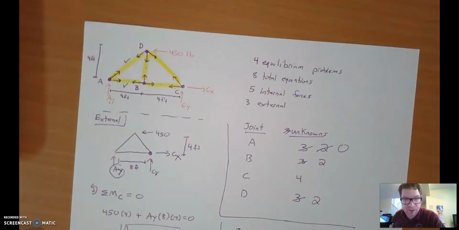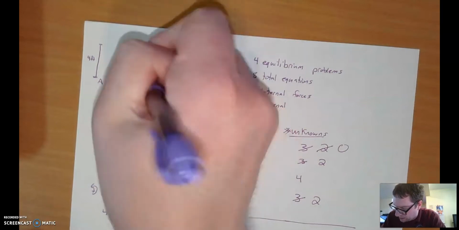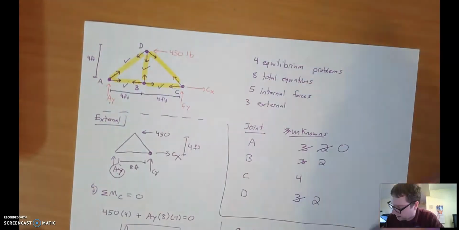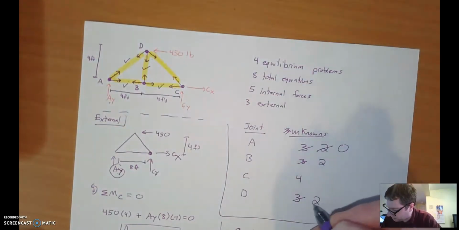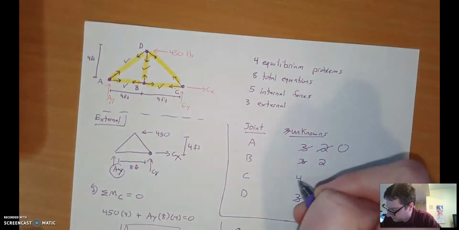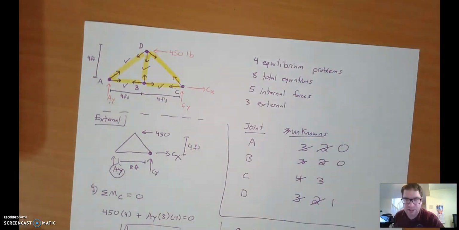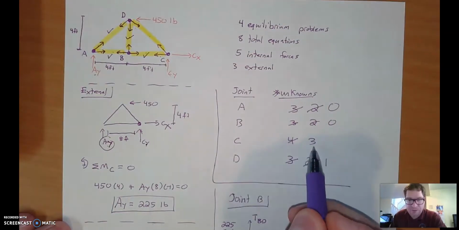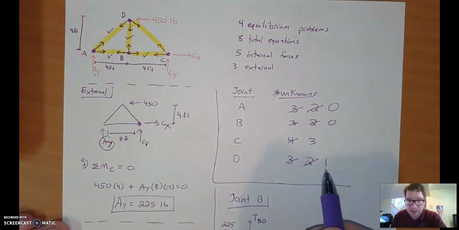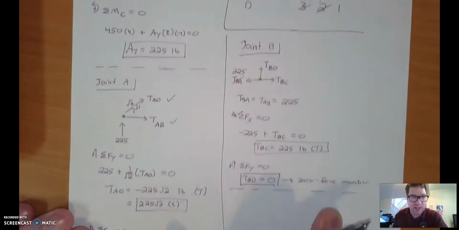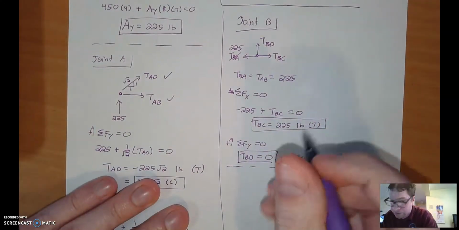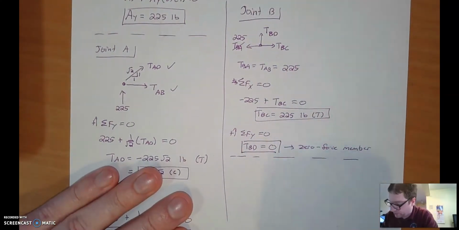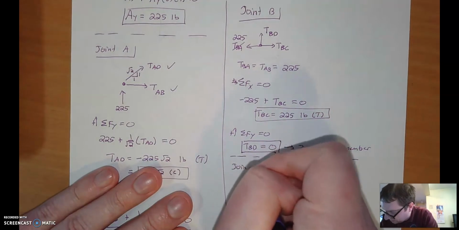All right, so now we come back up here. We now know this and this. So the only thing we have left to find is there. So if I kind of update my information, I have 1 thing left here, I have 3 things left here, and I have 0 things left here. So we could go to C, but you have 3 things to find there. So you should go to D next because you have 1 thing left to find there. And we should only need 1 equation, so we should only need a forces X or a forces Y. So we're going to go to joint D,